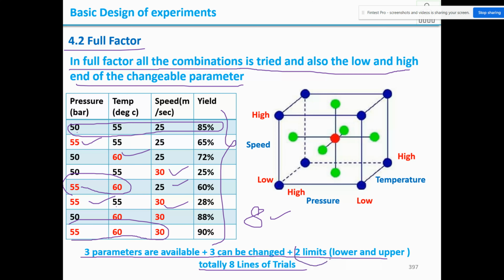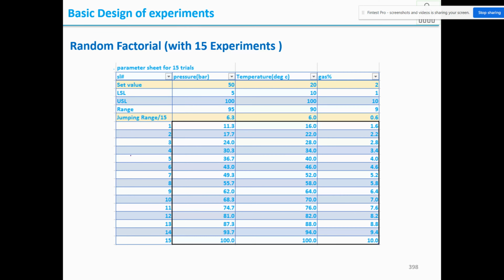Two limits. What is two limits? If you take pressure 50 and 55, 50 will be the lower changeable limit and 55 the higher changeable limit. Beyond that, if you go, there will be a problem. So we need to change only within the limit that is specified. We can use a cube also here. Say pressure, we're going to test low and high, speed low and high, and we'll arrive at the optimum. This is symbolic for the full factorial DOE.